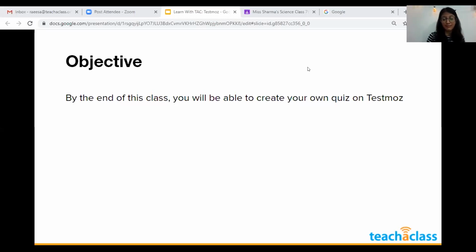Before I begin, I would like to tell all of y'all that whenever we learn a new tool or application or any website, it seems complicated. But as you continue using it, it will get easier. It will be the same for any online tool, website, or application that you choose. So don't worry. I'll try to make this application as simple as I can in this session. I assure you that once you try it on your own, you will get there in no time.